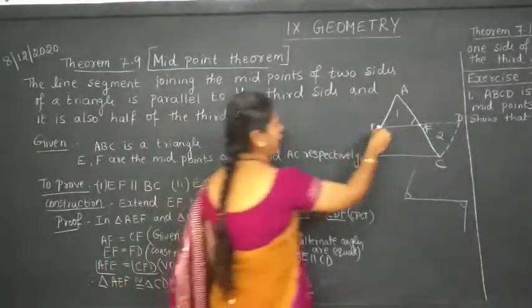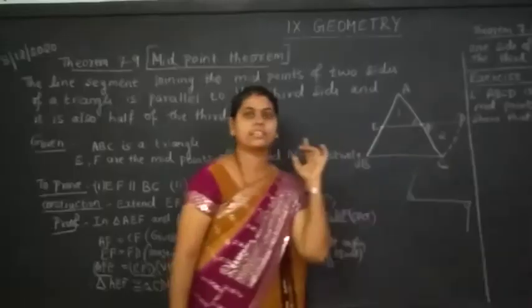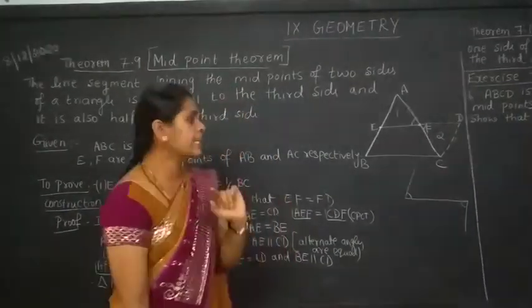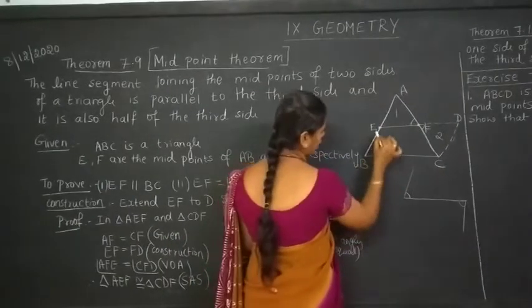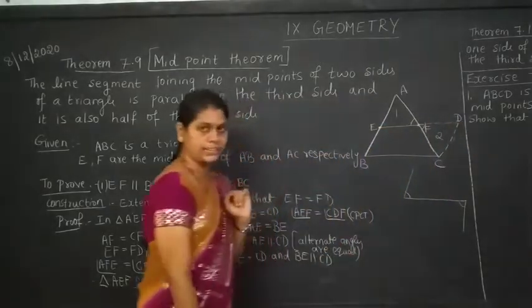Now BE and CD are parallel. These two lines are parallel. Go to your theorem number 7.8. What does it say? It says in any quadrilateral, you can see the quadrilateral picture here. Which is a quadrilateral? BCDE is a quadrilateral. In that